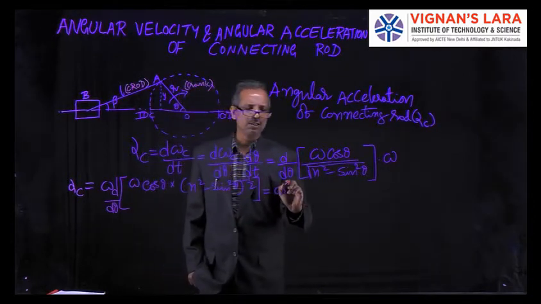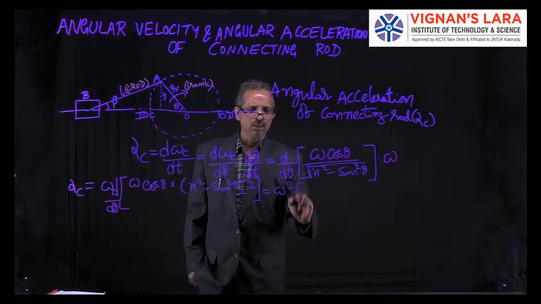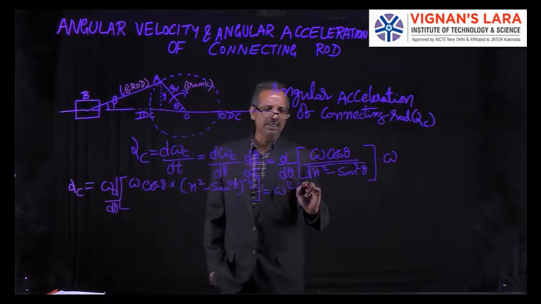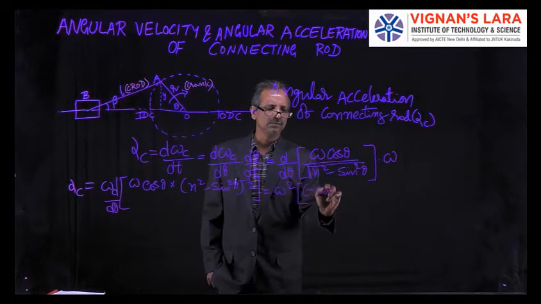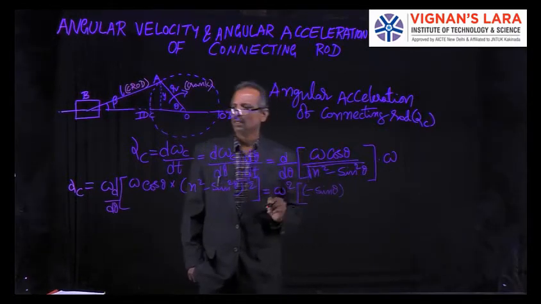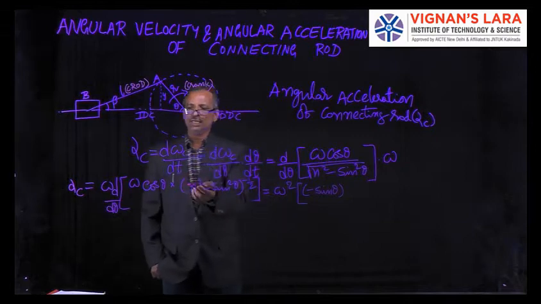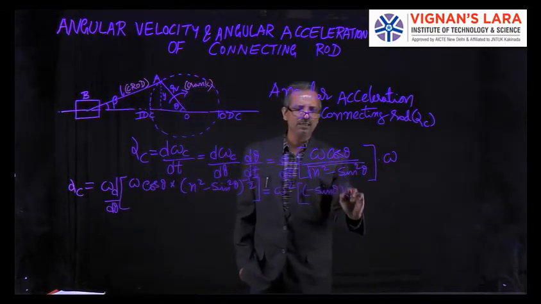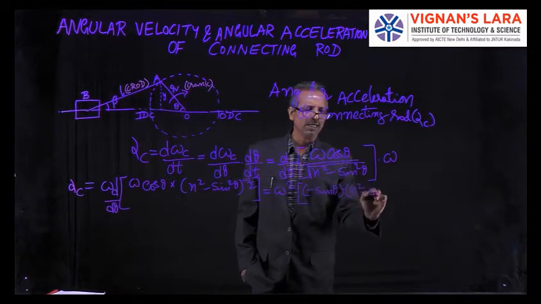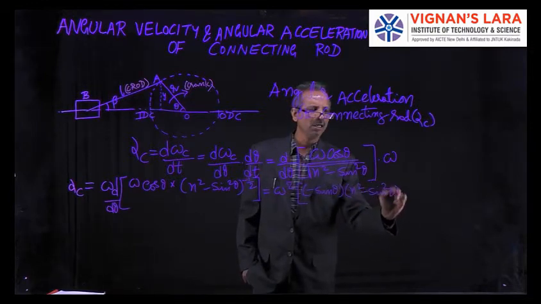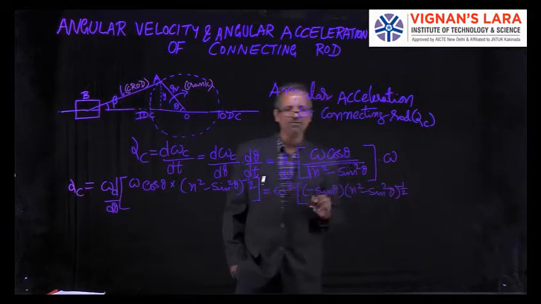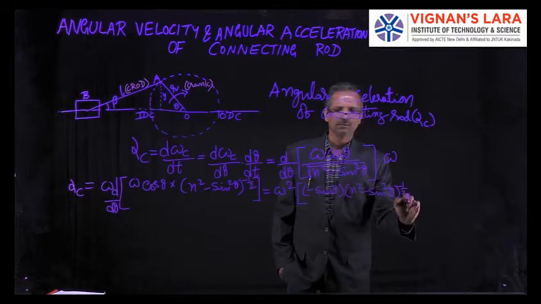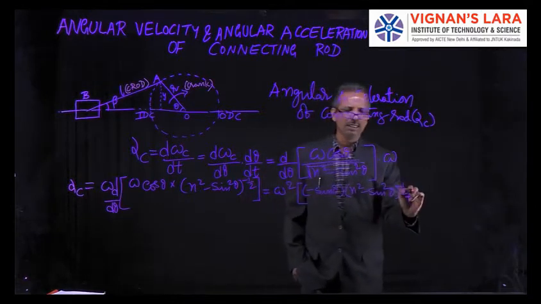So omega square into cos theta differentiation is minus sin theta, and theta differentiation is 1, then n square minus sin square theta whole to the power of minus half, plus then cos theta,